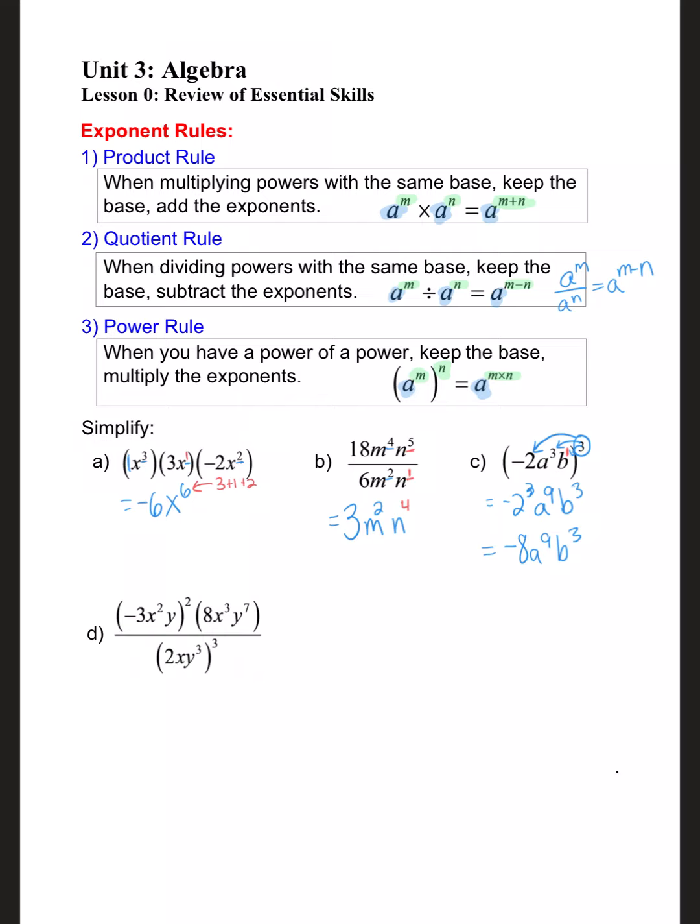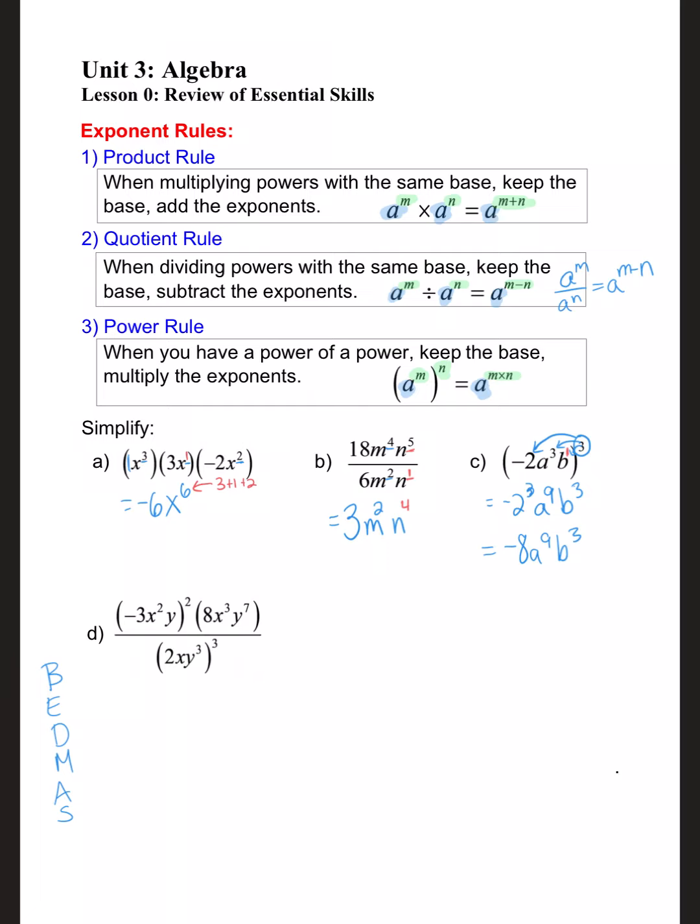Okay, so sometimes we can have power rules within power rules. So for this next example, we're going to have to first deal with our exponents before we deal with any multiplication or division. Remember, we should be thinking about BEDMAS when we try to simplify. Whenever we're trying to simplify or calculate an expression, we always have to think about, okay, I have to do my brackets first, my exponents, then deal with any division and multiplication. So in this case, there's nothing to simplify within a bracket, so we can move to this